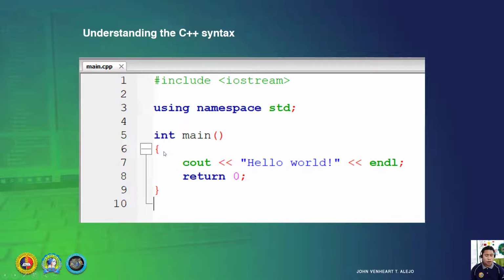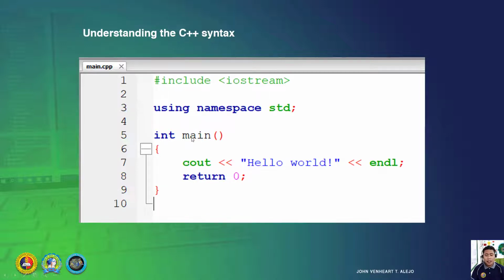So kaning left brace and right brace, inside of that is what we call the function body. Bisag unsay maibutang dira, it will calculate inside the left brace and right brace. We call them left brace and right brace because you are setting the boundaries, so only the main function owns what is inside. Mura na siya imong balay.